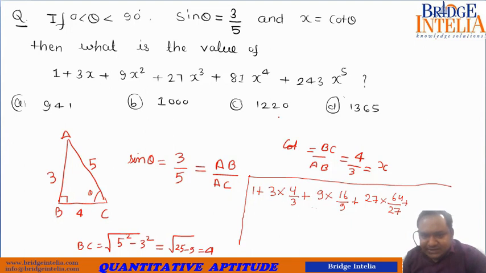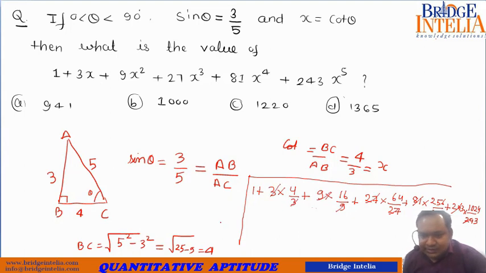If you see carefully, the powers of 3 are going to cancel out this coefficient. If you continue with this, 81 into 4 to the power 4, so 256 upon 81 itself. This 81 and this 81 are going to cancel each other out. So 243. Again, this 243 is going to get cancelled out because 3 to the power 5 is also 243. So 4 to the power 5 is what? 1024. So all these coefficients and denominators are going to cancel each other out.